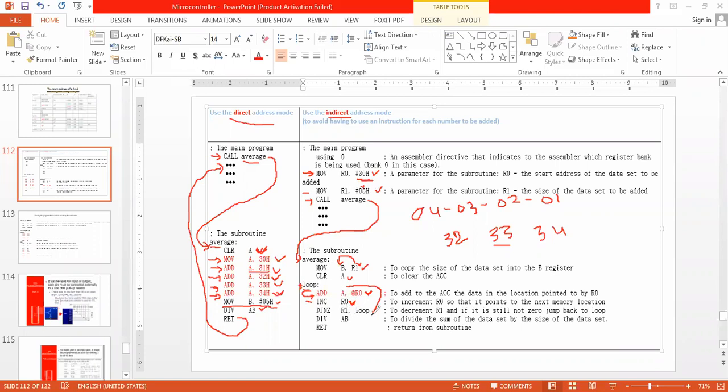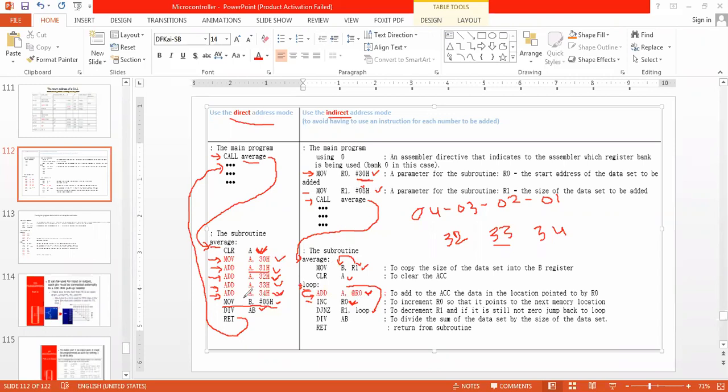So R1 is acting as a counter and R0 is having the beginning address 30H, and then we are going to increment it by 1 every time.